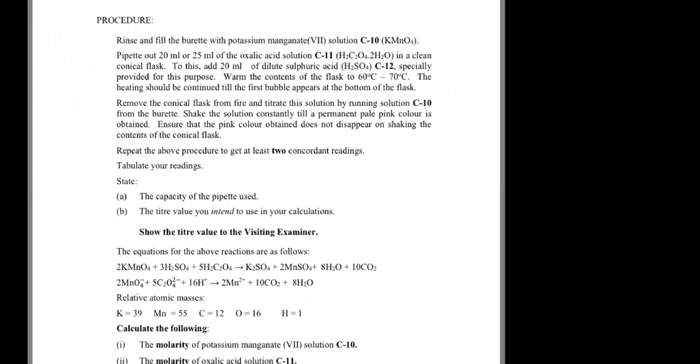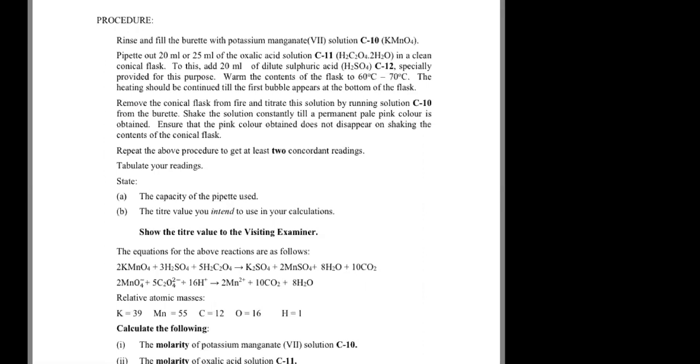To that you will add sulfuric acid. Why should sulfuric acid be added? Because the solution has to be acidic. Oxalic acid is a weak acid, it will not give enough of an acidic medium, hence sulfuric acid has to be added. No other acid should be used because KMnO4 is an oxidizing agent. It tends to oxidize HCl. Nitric acid itself is a strong oxidizing agent. Therefore, sulfuric acid is best suited. And the temperature has to be maintained between 60 to 70 degrees so that the observed endpoint change is sharp. All right, these are the little minor things that we need to keep in mind when we are doing these calculations.